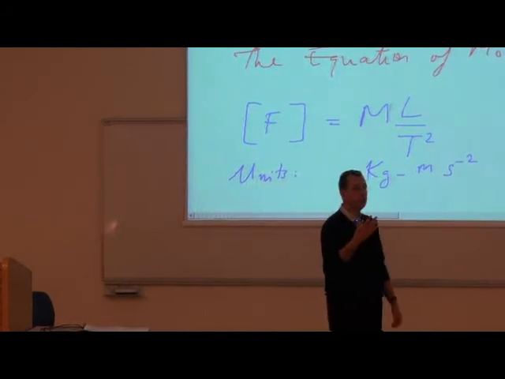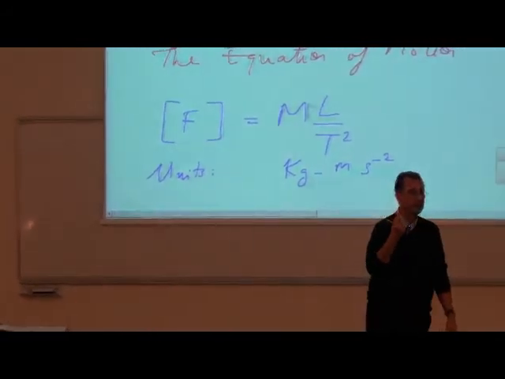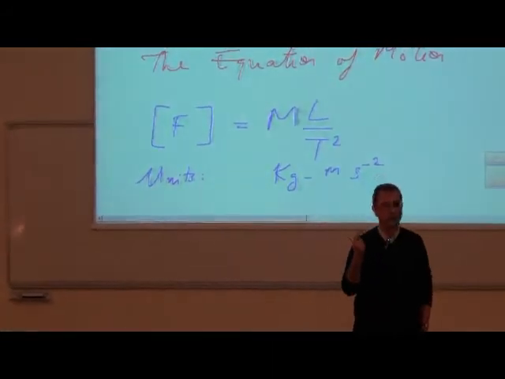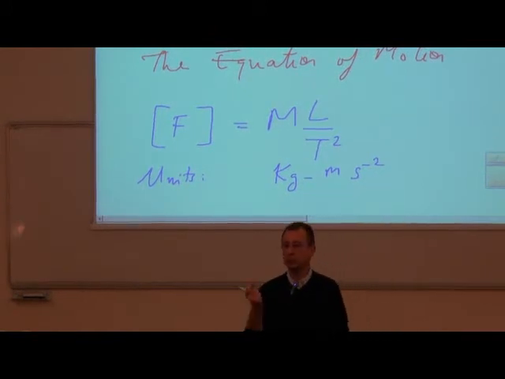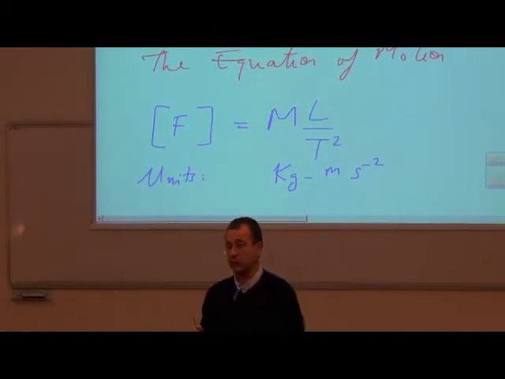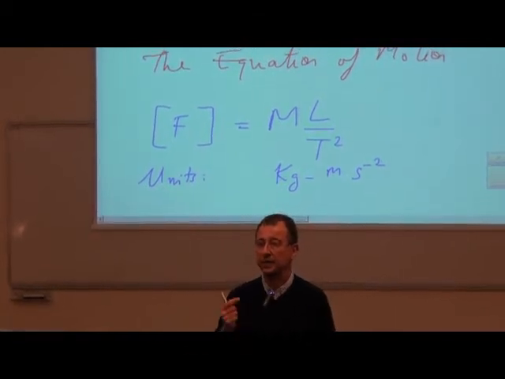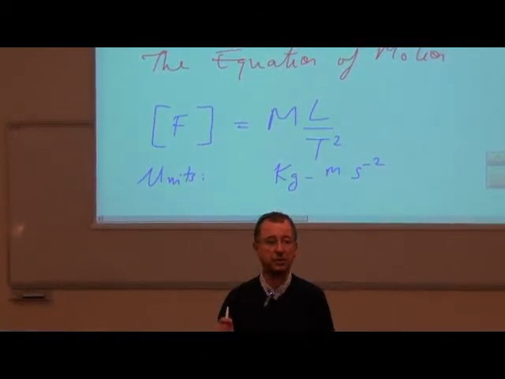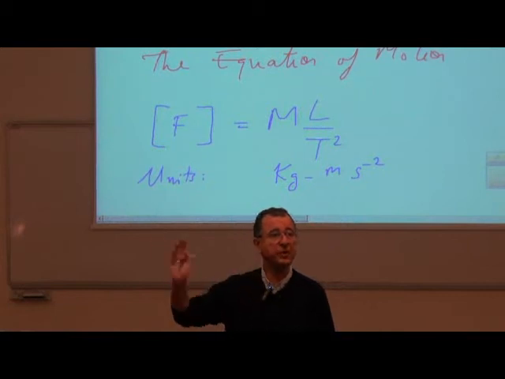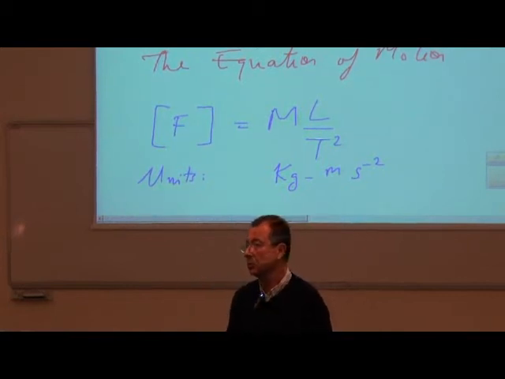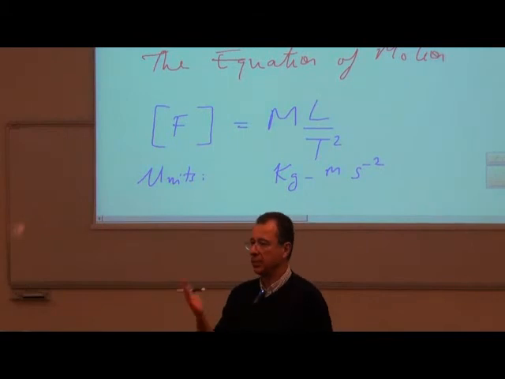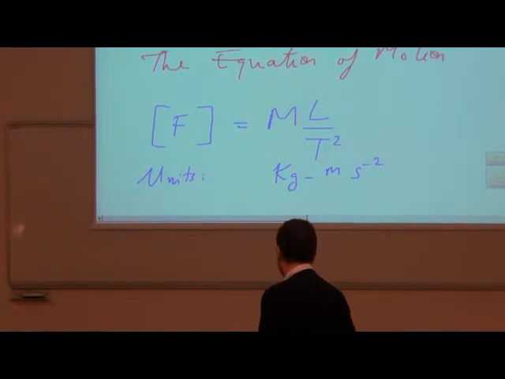So we don't need to invent a new unit. It's just the unit of force according to Newton's second law. The unit of force in our system of units is just the unit of mass times the unit of acceleration, which gives us, in the SI system, kilogram meter per second square. Now that's a long combination of units. We don't want to repeat kilogram meter per second square every time. So there's a name